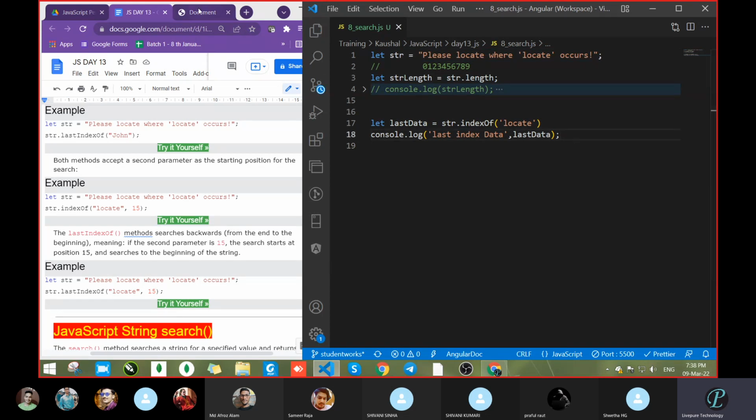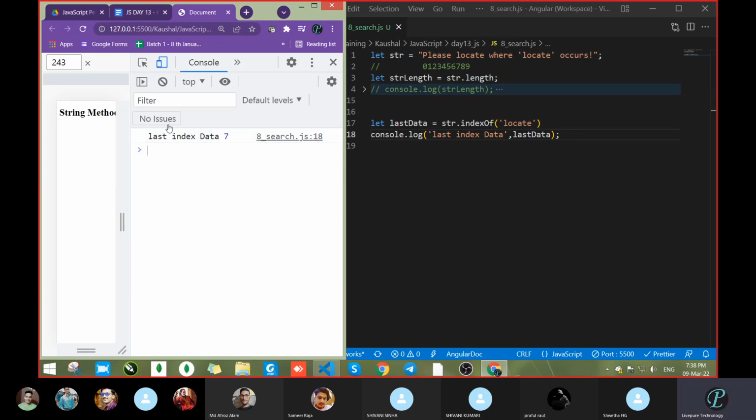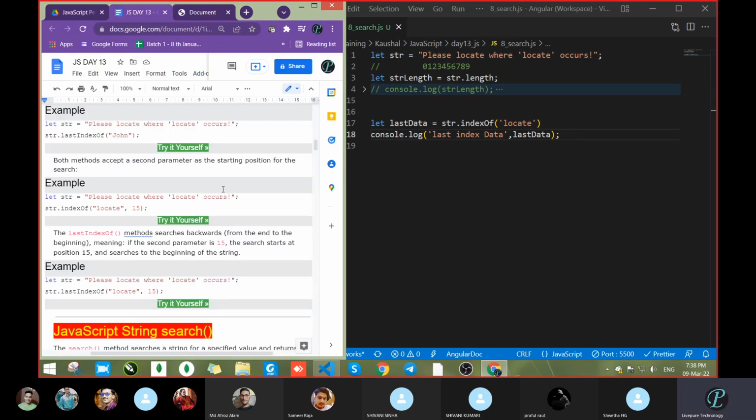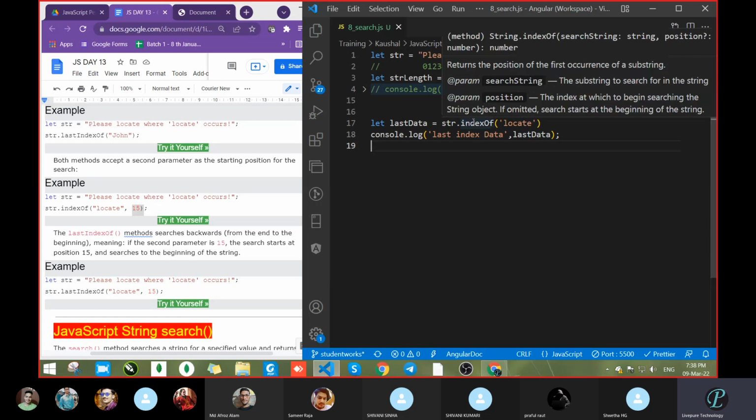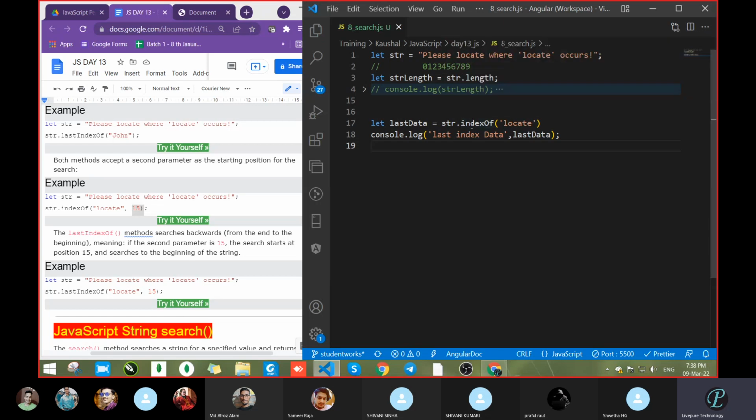We were getting 7, but here we will do one thing: we will pass one more parameter. Let's put the cursor first on the string index of, and get the complete method information.